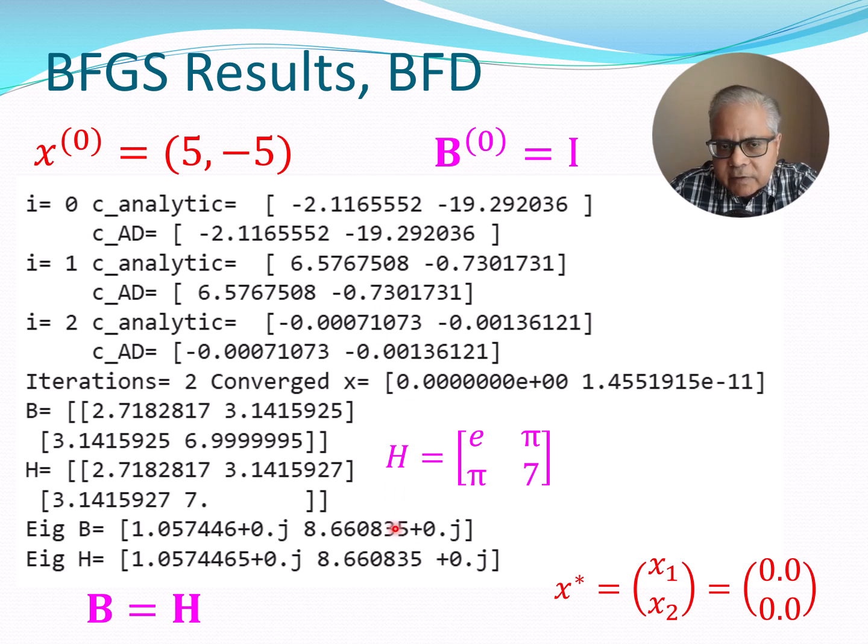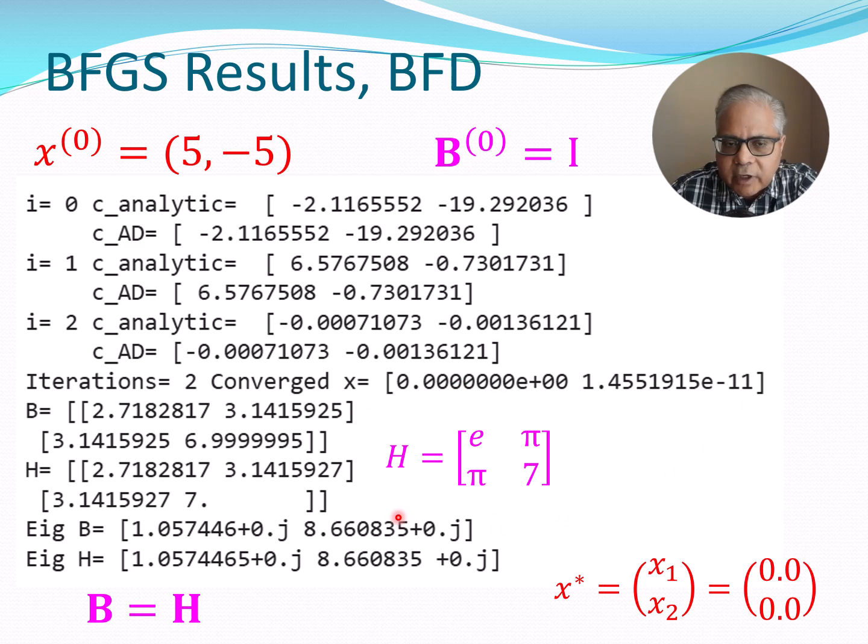So this is the numerical result for the BFGS. You can see this here. So you have the x0 at 5, minus 5, you have B0 as I, and then you see rapid convergence. The interesting thing here is that the gradient vector as predicted from the exact value which I have coded in is identical to whatever I am getting from AD. So this shows us how good the automatic differentiation is in getting the values here,